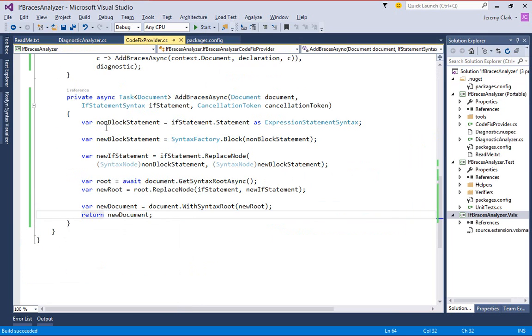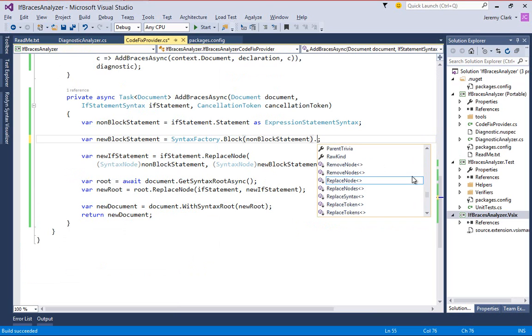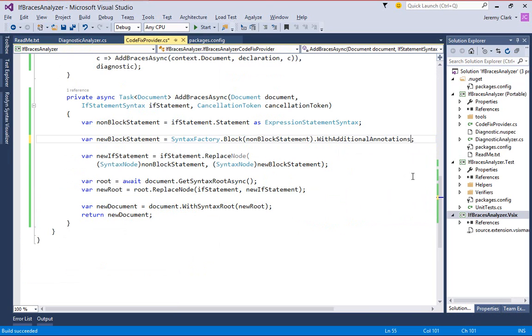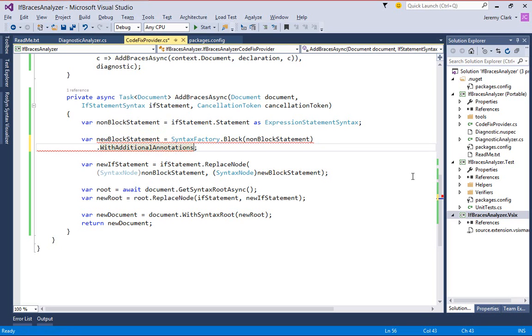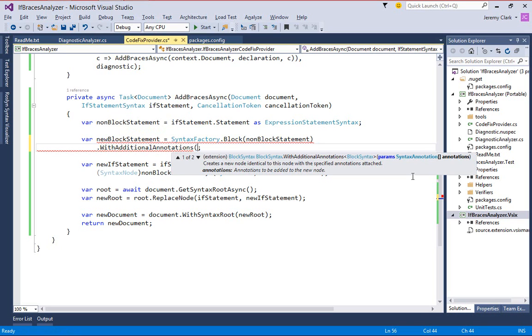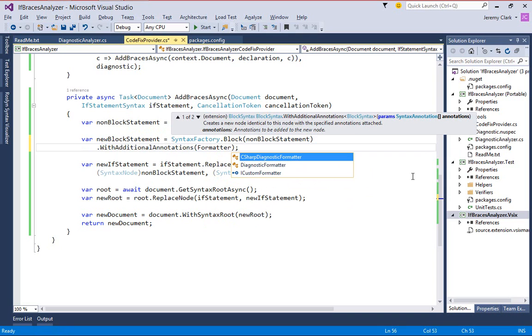Let's go back to our analyzer, and here's our code fix provider. And this is something that you will want to pay attention to. So when we create our new block, one of the things that we can do is add with additional annotations. Now I'm going to go ahead and put this on the next line so that it'll be easier to read. And then in here, we can add a set of parameters that will have syntax annotations. Now, one of these is a formatter annotation. So I'm going to type in formatter. Now notice I'm not getting IntelliSense on this. That's because I'm not referencing the using statement for this. But if I say control dot,